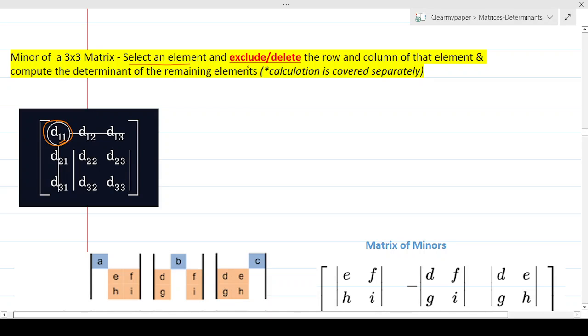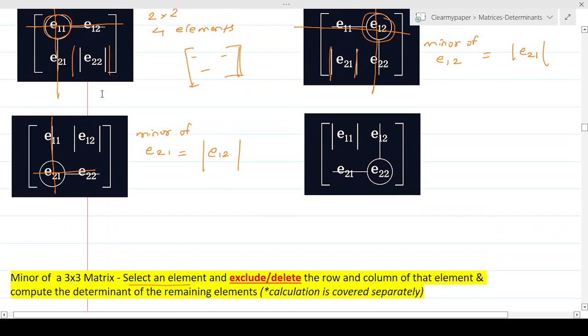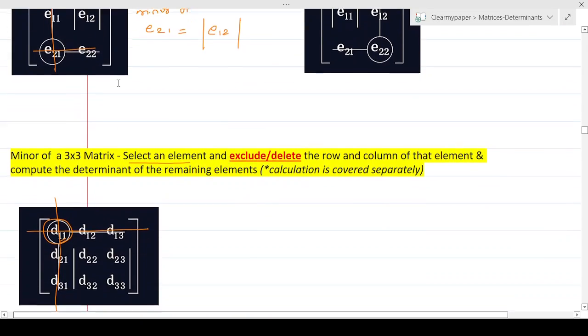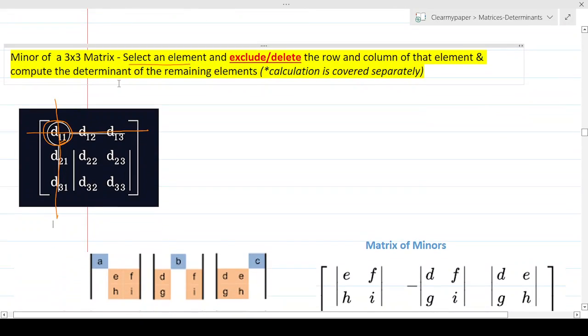And I'm going to exclude or delete the row and the column of that very element. That means I'm going to delete in my head this row and this column. Whatever elements remain, I'm going to compute the determinant of them. In this case, I'll obviously have more elements because it's a 3 by 3 matrix. In my previous case, it was always one element remaining.